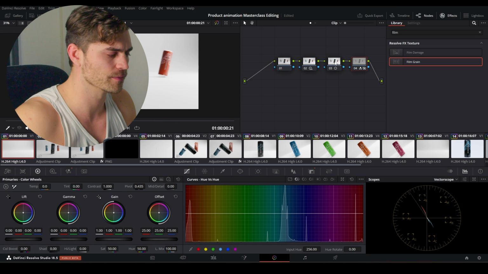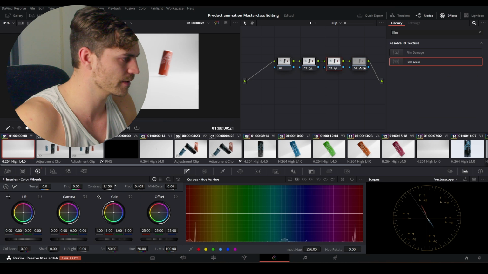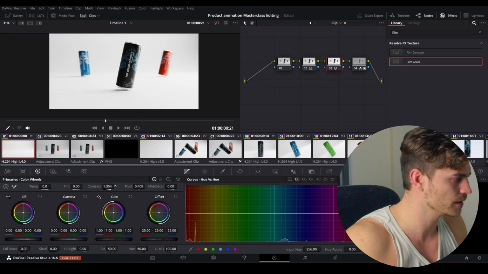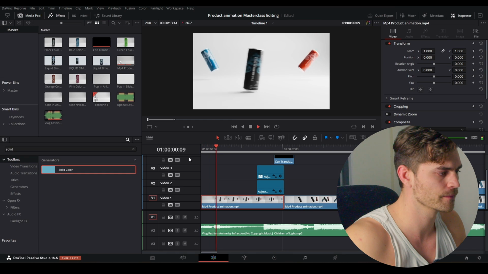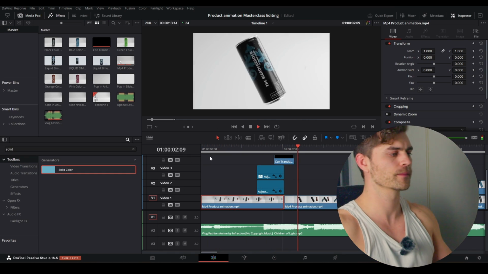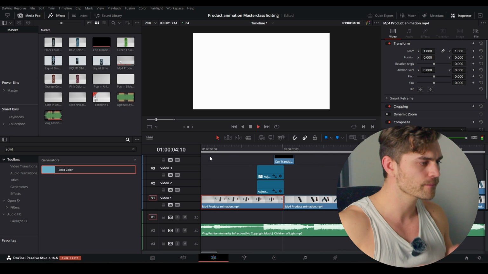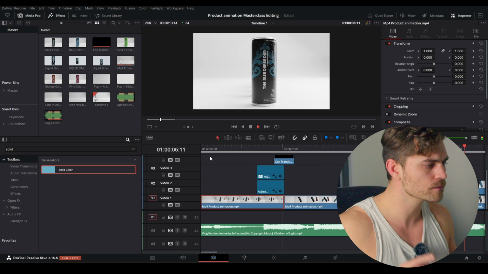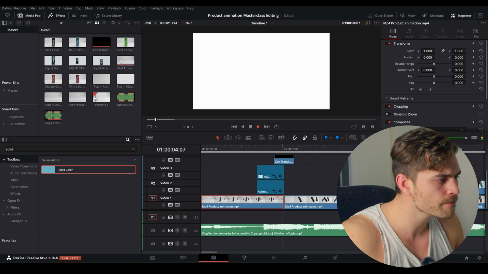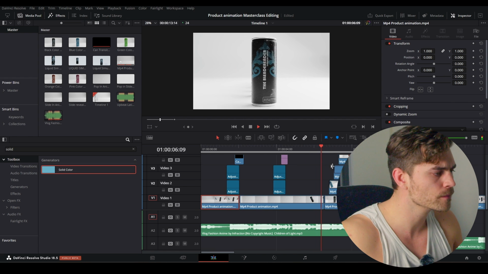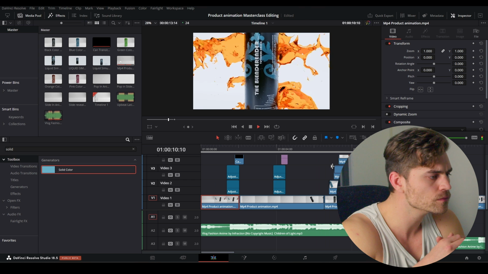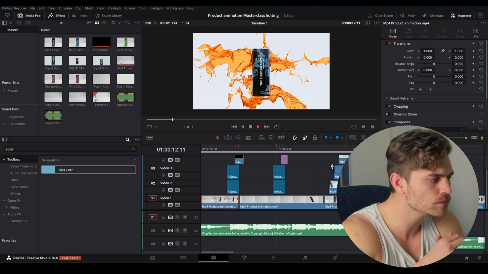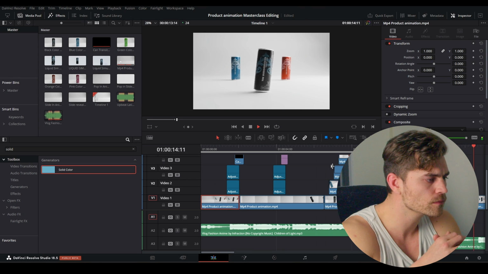So this should be a little bit more contrasty. Heading over into the color grading tab, increase the contrast like so, something like this. Cool.